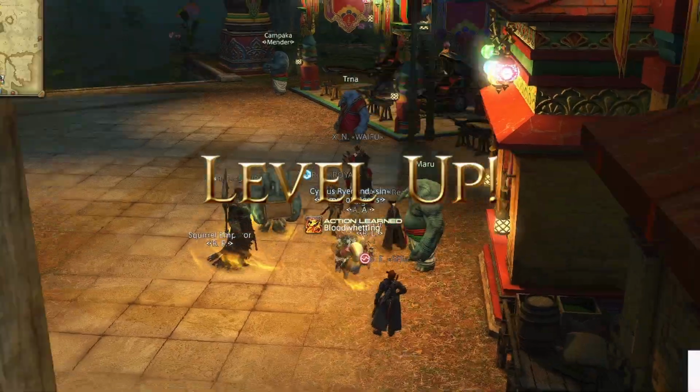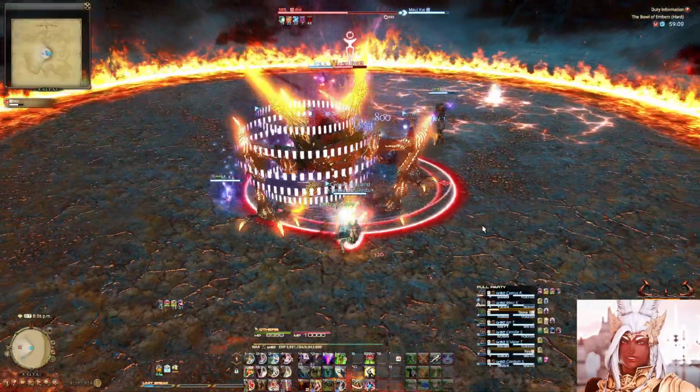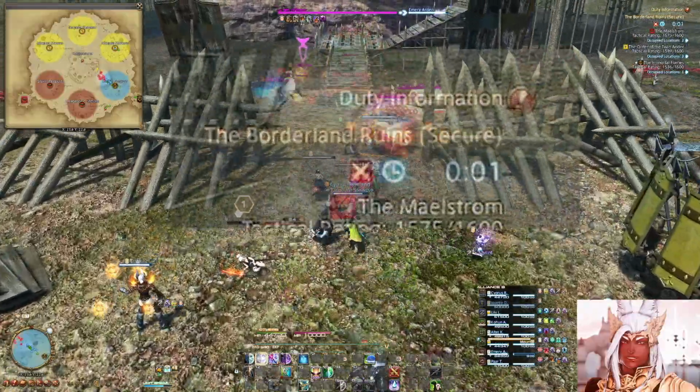third level. For roulettes that day, we got Sohm Al for leveling, Ifrit for trials, Alphascape 1.0 for normal roulette, and finished up the week with Frontline, which secured us